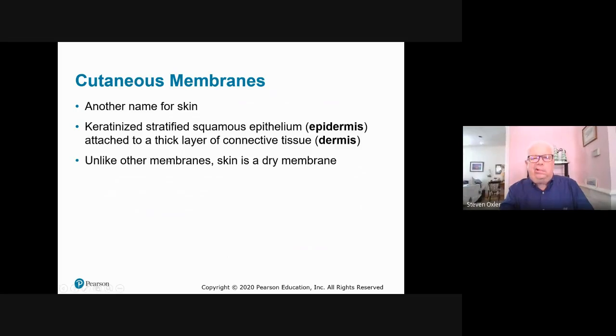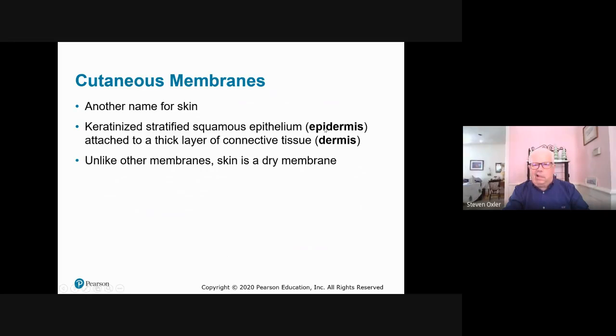And this is what your skin really is: keratinized, stratified, squamous epithelium. That's your epidermis. What does that mean? Keratinized. There's a protein over it to protect it. Stratified. More than one layer of flat cells. Your skin